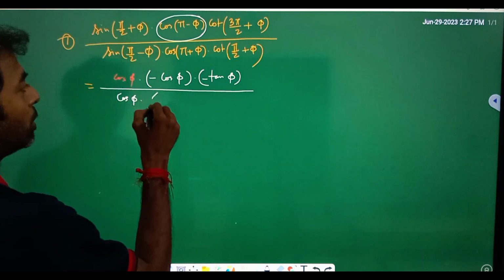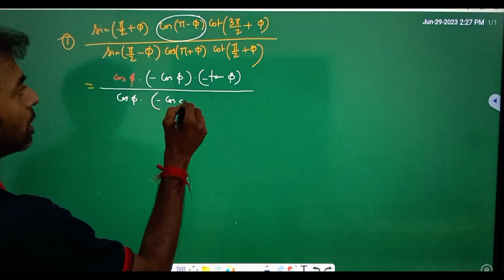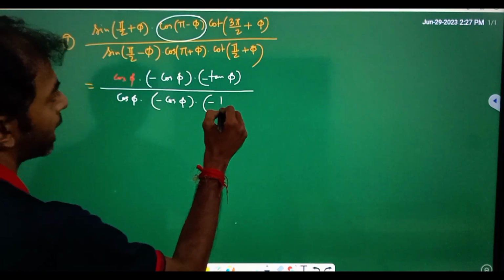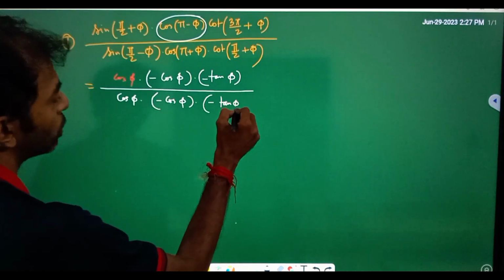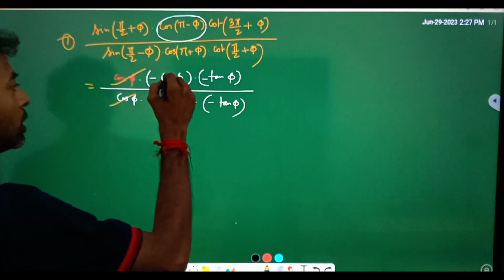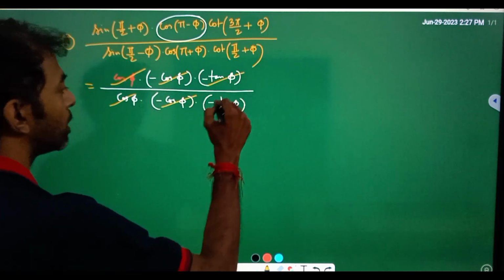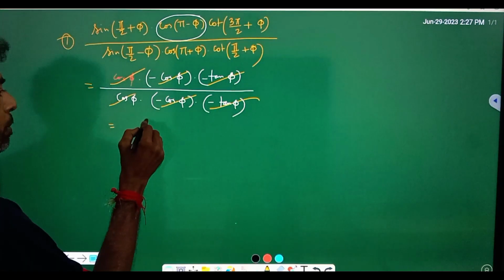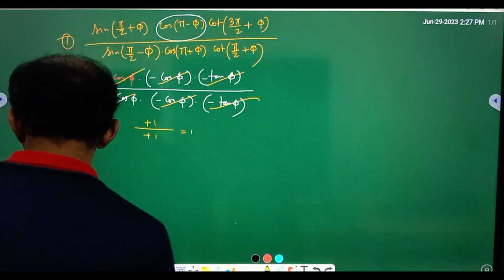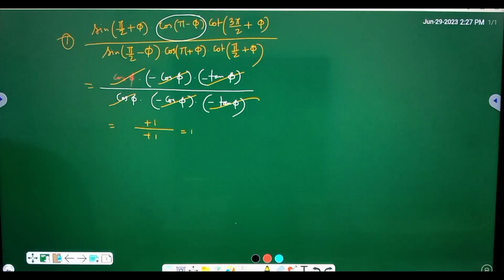Cos pi plus phi will be minus of cos phi, and cot pi by 2 plus phi will be minus of tan phi. So the total result, after cancelling those parts: cos phi cancels, tan phi cancels, and the result will be plus 1 divided by plus 1. So total result will be 1. So that's our problem. After that,